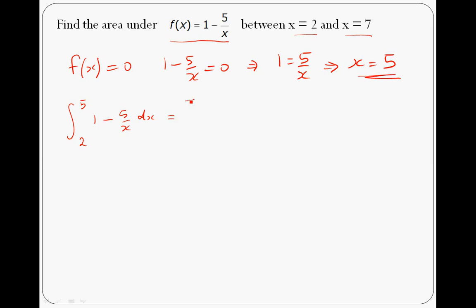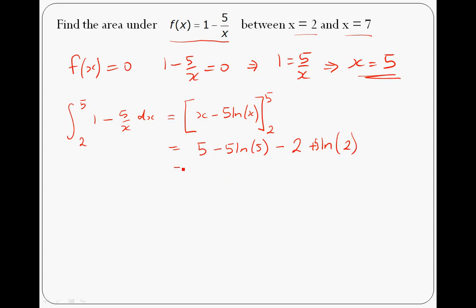And if we work that out, what do we get? We get x minus 5 log x between 2 and 5. Okay, if we put the limits into that, we'll get 5 minus 5 log 5 minus 2, and then it'll be a plus 5 log 2,